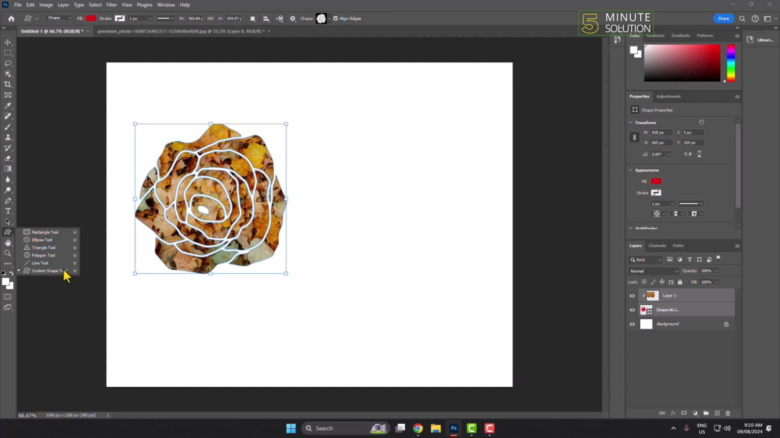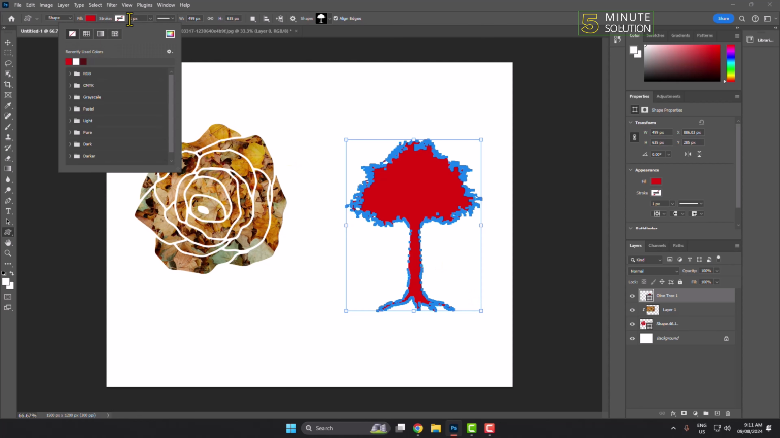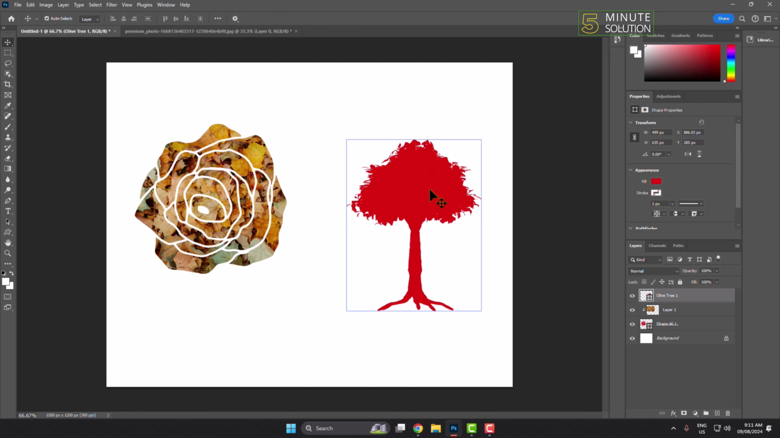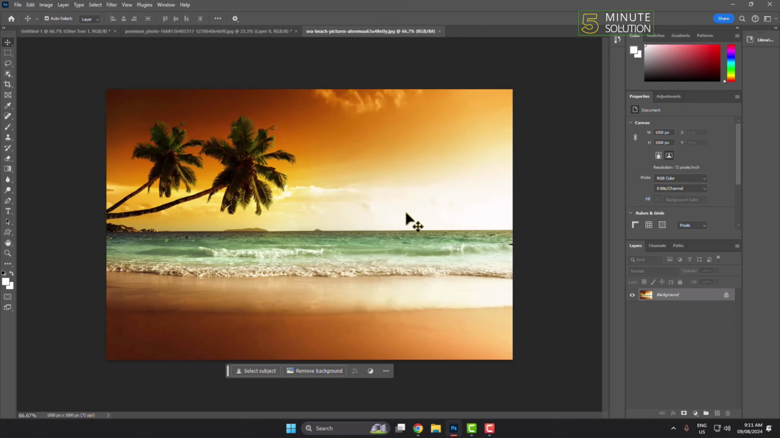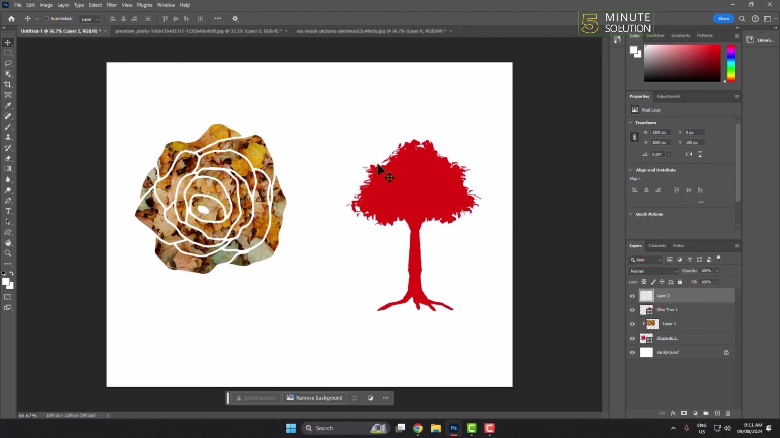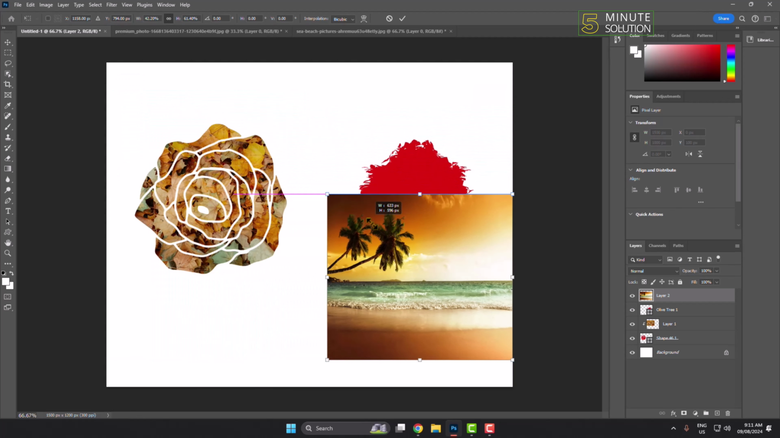So I'm selecting custom shape and clicking on this drop down, and now I'm selecting here tree shape and drawing the shape first, going to stroke, disabling the stroke, and now I'm going to open my another image. So let's open this image for example, and unlocking the layer, pressing Ctrl C to copy and Ctrl V to paste, Ctrl T to enable free transform,